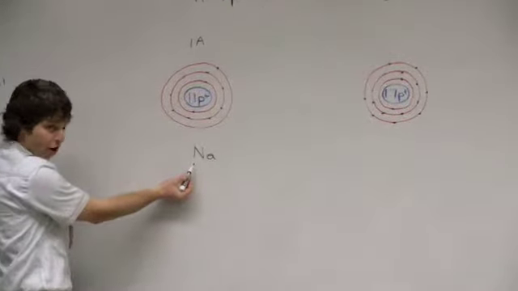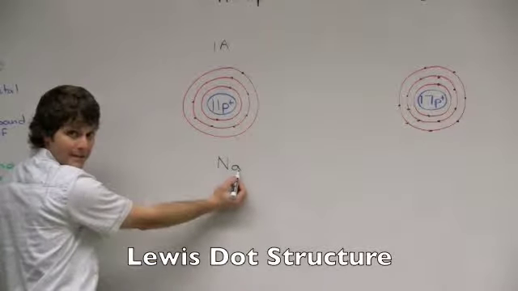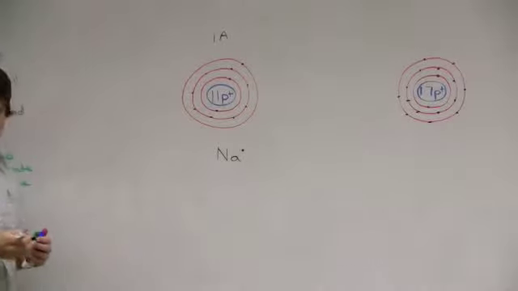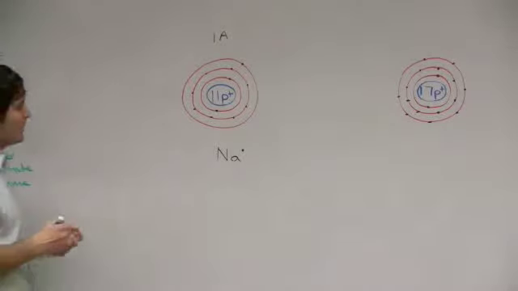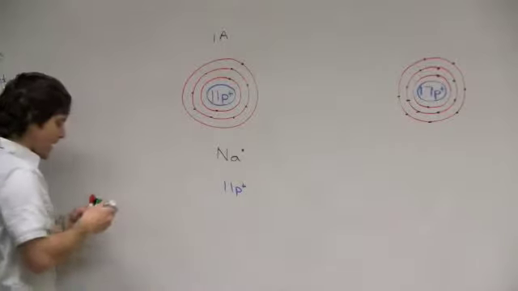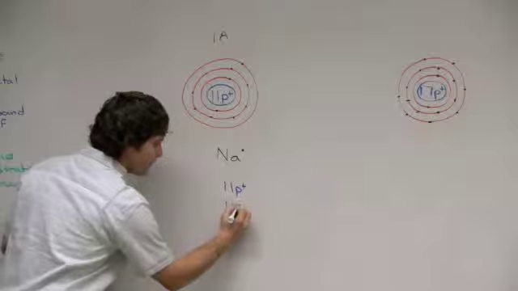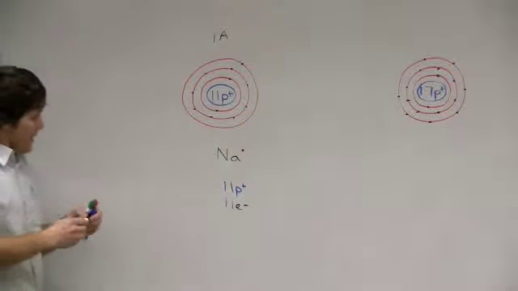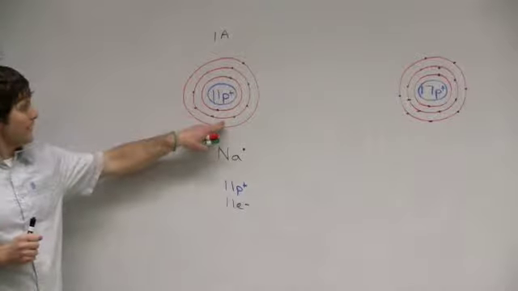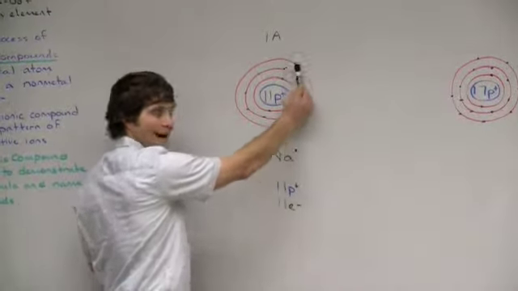The shortcut for drawing the sodium atom is using the Lewis dot structure, where I put the symbol of Na and I put the 1 electron on the outside. So this atom of sodium right now contains 11 protons and it contains 11 electrons. Because this sodium atom wants to have a complete outer energy level, its desire is to lose this 1 outer